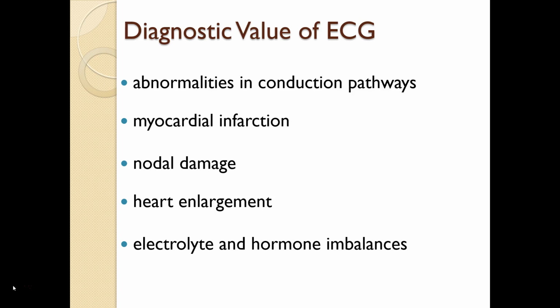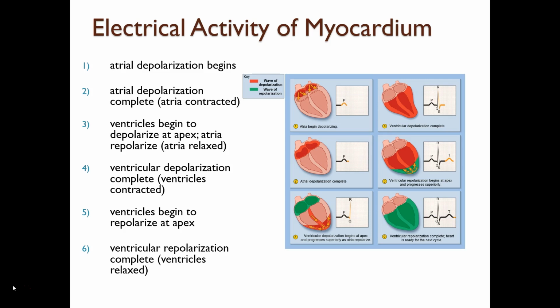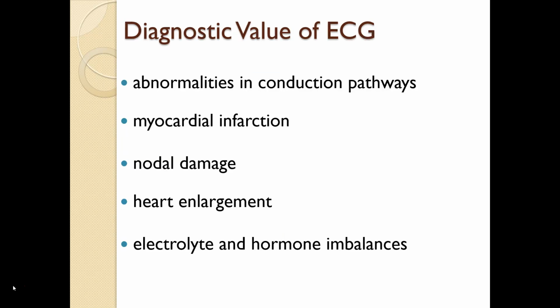So if a person has a heart attack, for example, and they survive it, what if the damage is in this part of the septum? That's going to have an effect on the conduction system getting the signal to the appropriate part of the heart. So if there is any damage to the conduction system, then that would show up in the ECG.